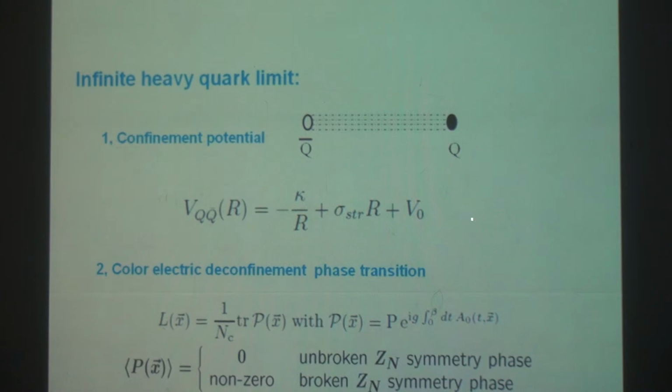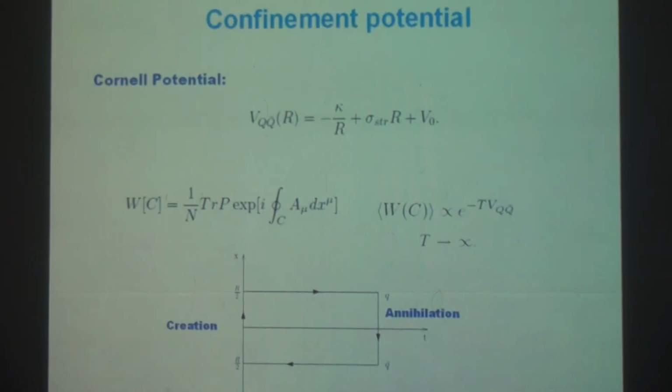So this is for QCD, we have this kind of Cornell potential. Of course, we have a Coulomb part and also this linear part plus a constant. To calculate this heavy quark potential, you need to calculate this Wilson loop, and you can extract the heavy quark potential from this Wilson loop, right? So you need to calculate this Wilson loop.